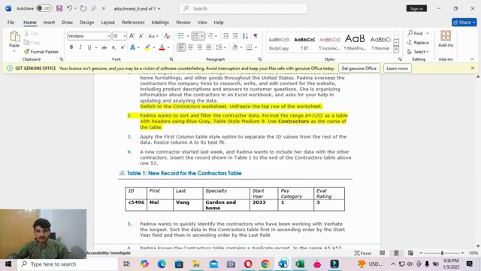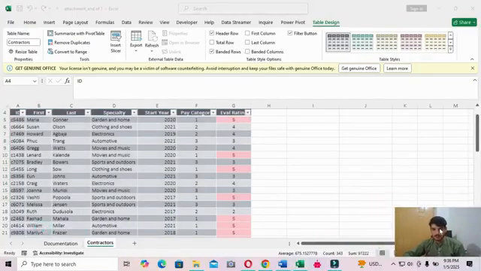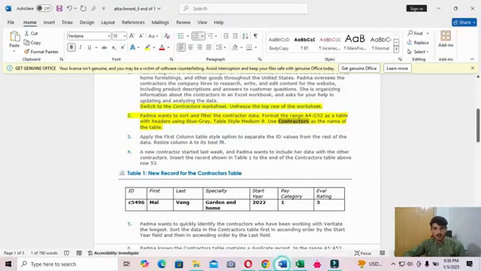Okay, and use Contractor as the name of the table. Copy the name and then paste. Okay, next step. Step 3.